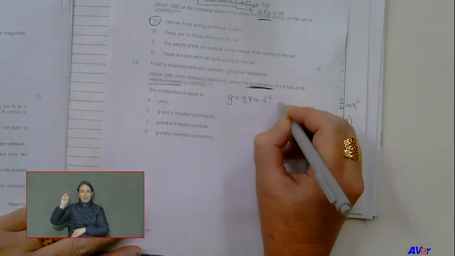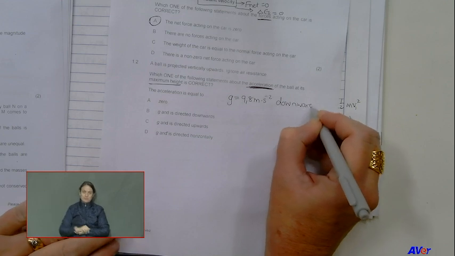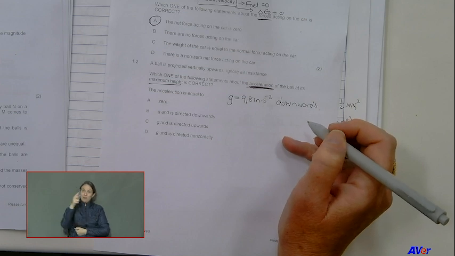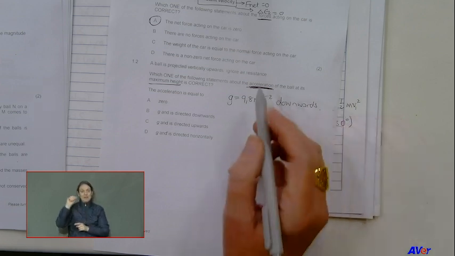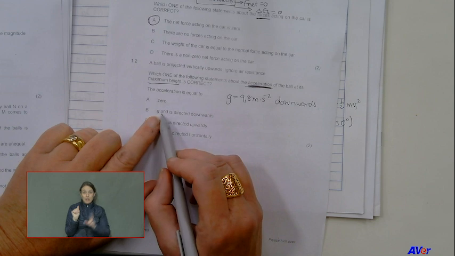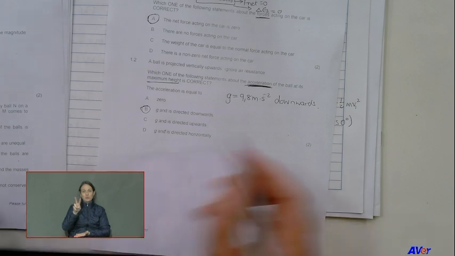So the acceleration at the top, g equals 9.8 meters per second squared downwards. The velocity at the top is 0 because you stop before you come down. But the acceleration is not 0. So now I must just choose acceleration. The answer is not A. It's g and it's directed downwards. There's my answer. 1.2 will be B. So please remember, acceleration can't be 0, because then the earth stops attracting you. Then you're going to fall off or not come back. So please, it can't be 0.